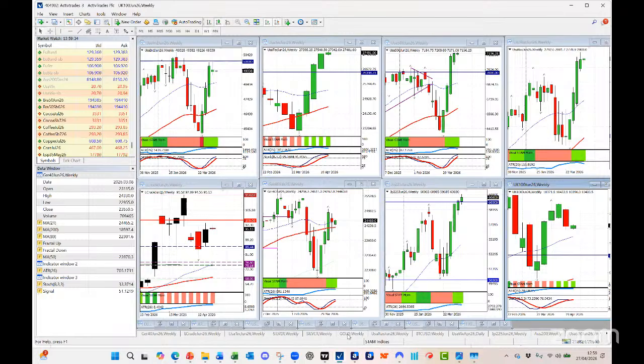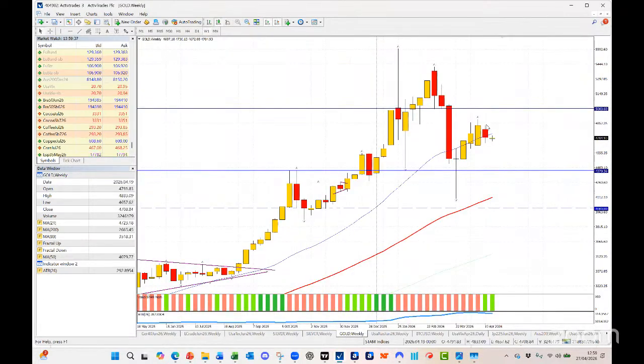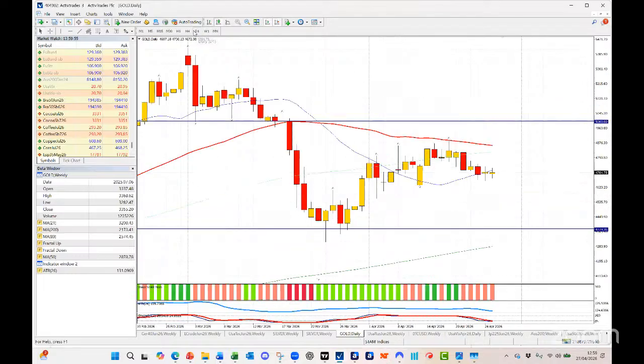If we look at one or two of the other commodities, gold, well, interestingly, once again, last week, what was it? Another inside bar. As I said, a bit of indecision. You might say it's a bearish inside bar, but there's good sized wicks to either side. I'd be saying that's a bit of a spinning top, a bit of indecision. Everybody's just waiting to see what happens this week. You go down to that daily chart, you've got the 20 beneath, the 50 above. And if you really look for the last few weeks, it's mostly just been going sideways on gold. Nothing really terribly exciting if you're looking to be a sort of swing trader in gold.